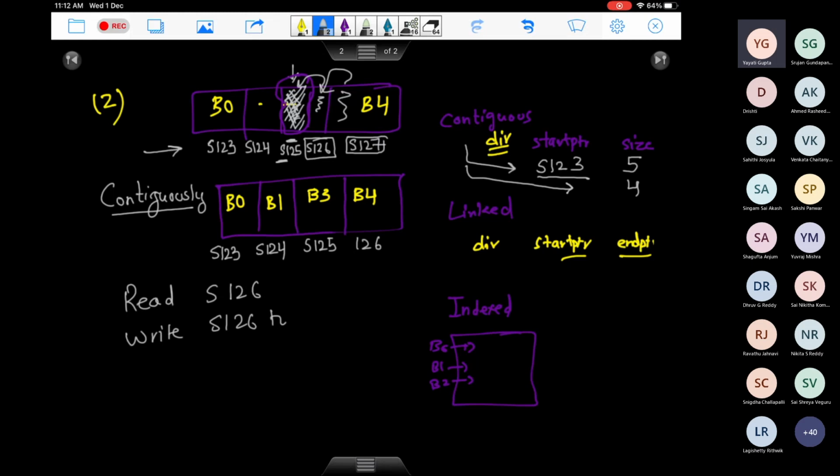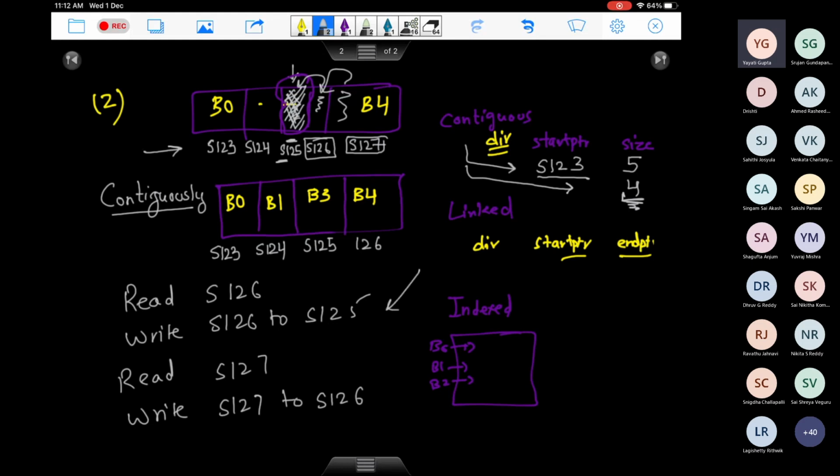I'm also making a change here in your directory structure. We are changing the value of size, but again the question says that your directory is present in the memory, so that information change will be made to the memory as of now. We are only asked how many input output operations it takes for your disk. For your disk, 2 reads and 2 writes, so in total 4 input output operations.